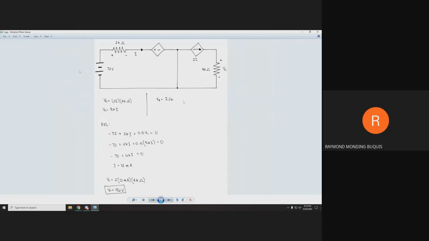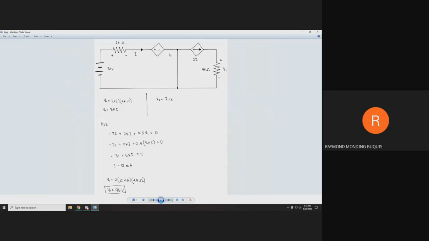Number five, we are given this circuit where we are asked to solve for V1. So V1 is equal to 2I times 4K, so V1 is equal to 8KI, and VR, where R is this resistor, we can get as I times 2K. By using KVL, since this is a voltage rise, we will have a negative 72. And we assume that this is a plus here and a minus here, so that would be plus 2KI. And then plus,